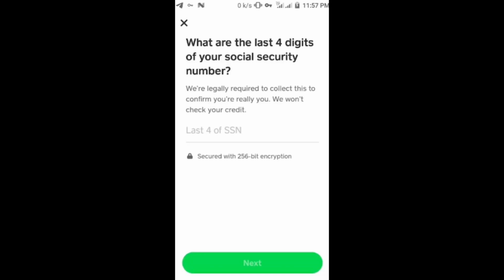Normally, the next step will ask you to enter your Social Security number. Cash App uses this to confirm your identity and keep your account secure. They do not use it to check your credit or anything else. If you have an SSN, it is best to enter it here. But if you don't have a Social Security number and still want to verify your Cash App account, there is